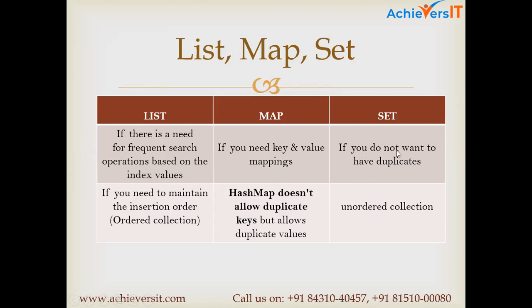And when you do not want to have duplicates in your collection, then you should always go for set. Set is the best choice when you do not want any duplicates, because set will not allow duplicates to be stored. For example, an Aadhaar card number is unique. It will not allow duplicate Aadhaar numbers, right? Every person has only their own Aadhaar number, and it's not repeated to anyone else. So that collection should not contain duplicate Aadhaar numbers. In such cases, you should decide based on the requirement which one to use for your particular logic.